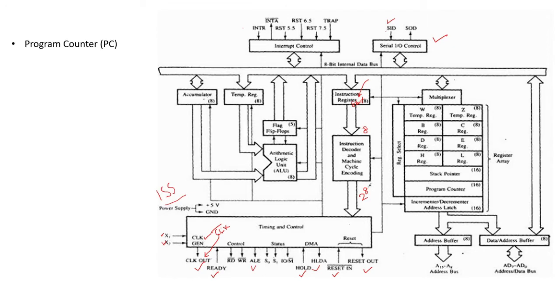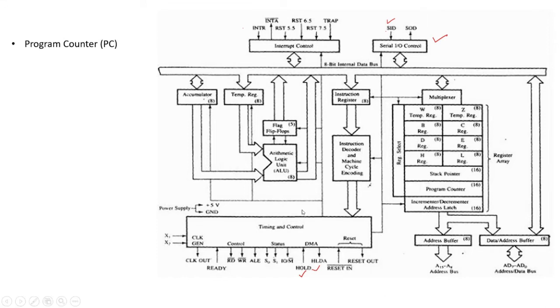After the first instruction is fetched and executed, the CPU again places the content of the program counter on the address bus, thereby fetching the next instruction. If an instruction occupies more than one byte of memory, after fetching each byte, the PC will increment so that at the end of execution of any instruction, the PC contains the address of the next instruction in memory. In this way, the program counter keeps track of the next instruction to be fetched and executed.